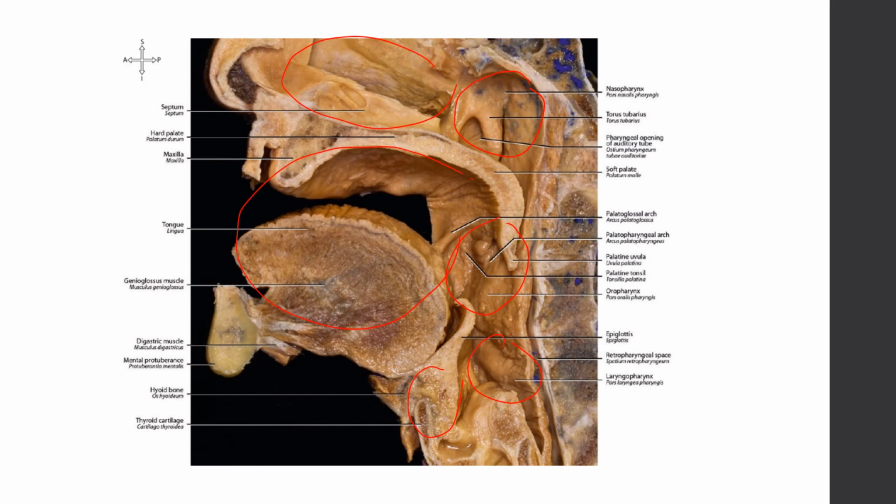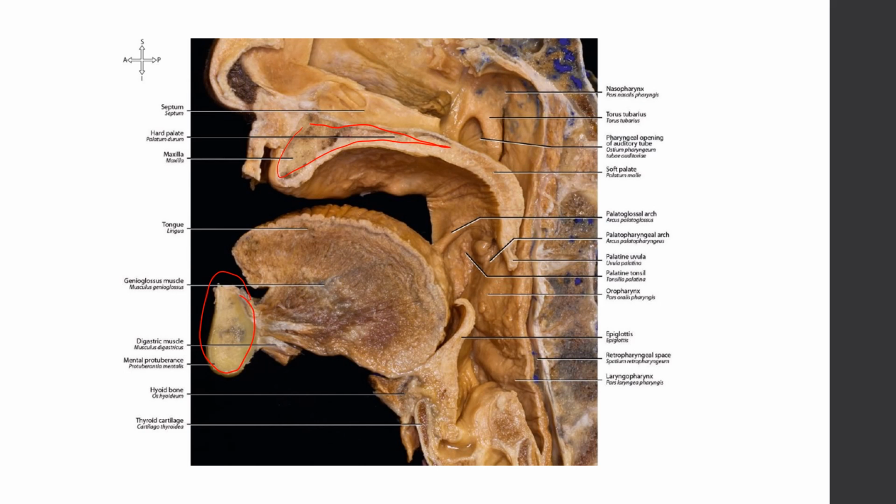If you look at the oral cavity, the front margin is made by the lips, the posterior margin by the palatoglossal arch here, the roof by the palate, and the floor by the mylohyoid muscle. If we look at the bone visible in this section, we can see the hard palate made out of the palatine process of the maxilla and the horizontal processes of the palatine bones.